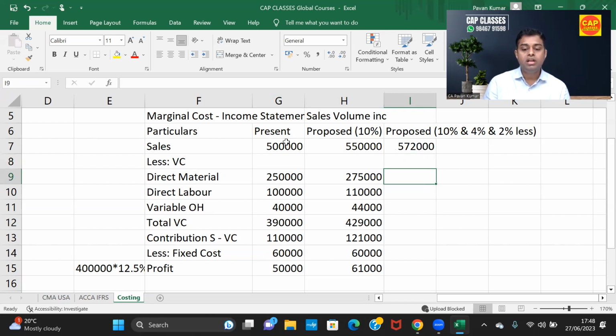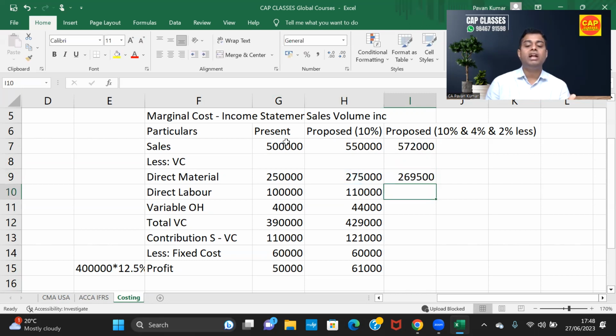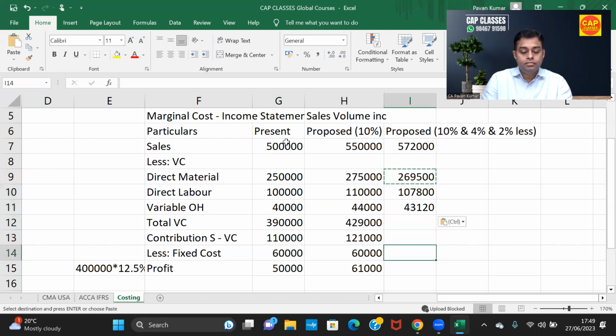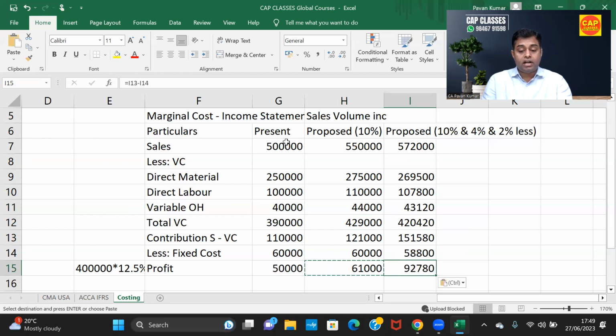Okay, now here, what am I supposed to do? Reduce it by 2%. So take this into, I am taking 0.98. Or if you have calculator, what will you do? 2,75,000 minus 2%. So apply this for all the costs. Okay, then total variable cost, add the three numbers, contribution, sales minus variable cost, profit is contribution minus fixed cost,